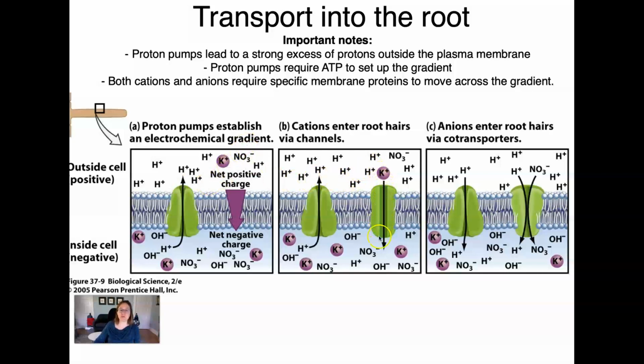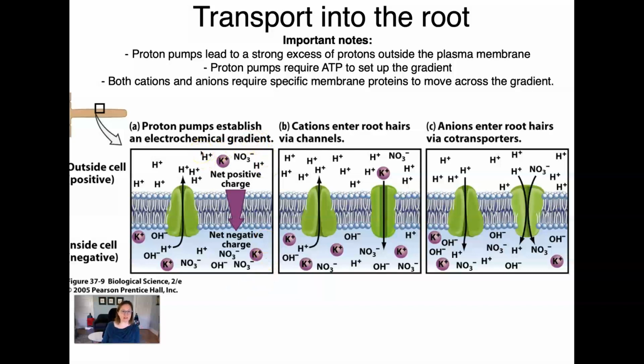cations to move through the membrane along the gradient, because there is a net gradient between the outside and the inside, and these positive ions, by diffusion, want to move into the cell. So this establishment of the gradient allows cations to move through the membrane inside cells that have root hairs, into the epidermal cells. The thing that I want you to know about this is that the proton pumps are ATP